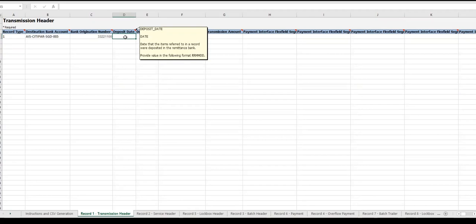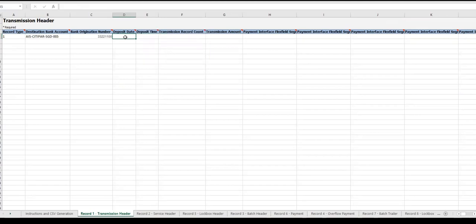Since we have defined accounting date source as deposit date, we must enter it here. Whatever date we enter here will be taken as the accounting date for the receipt created by this auto lockbox input.